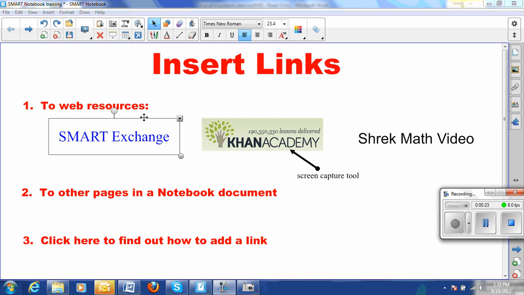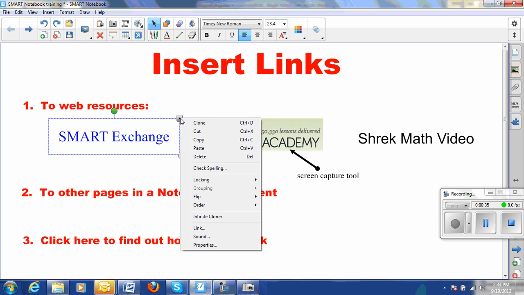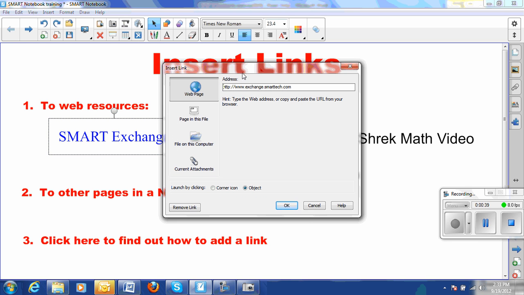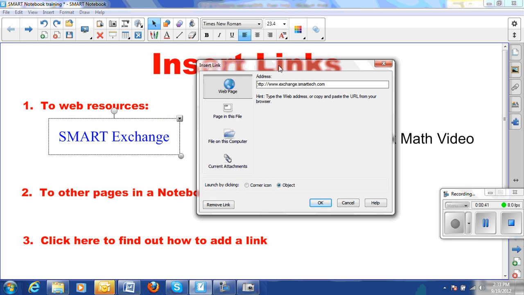You can see this is selected, has a little box around it. To do that, use the selection tool, which is this arrow tool at the top. Click on the text and it selects it. Once that's done, you get this little drop down arrow and click on that. Click on link. Then you get a window and it says, now do you want this link to be a